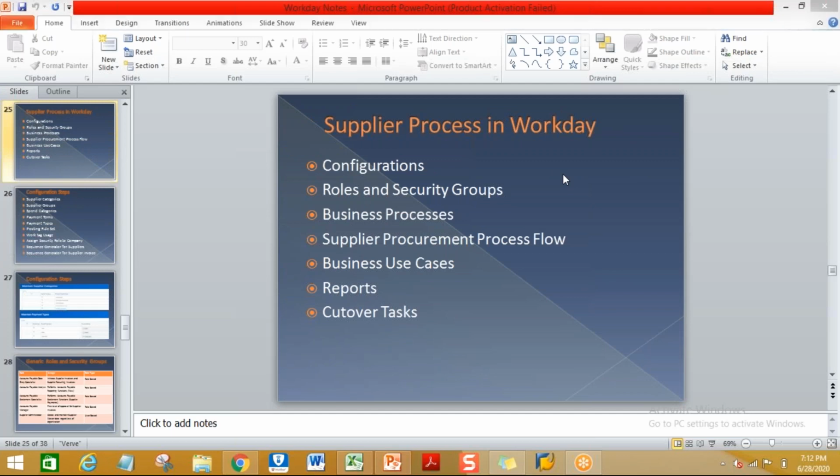The first one is the configurations. What do you mean by the configurations? So before doing the configurations, what do you have to do? Okay, in Workday, does anyone have any idea what we have to do?